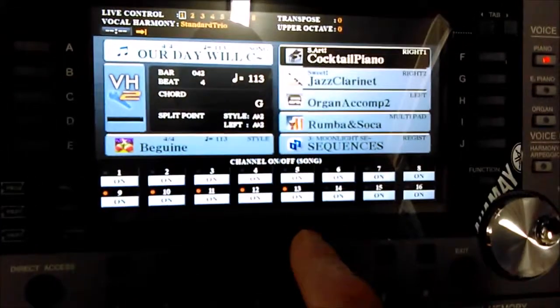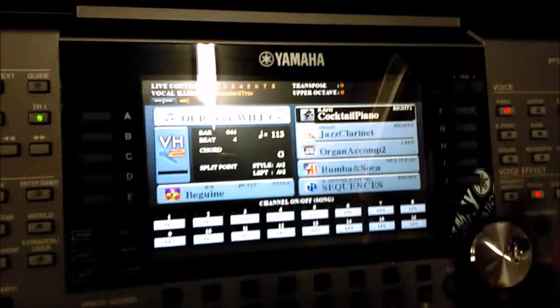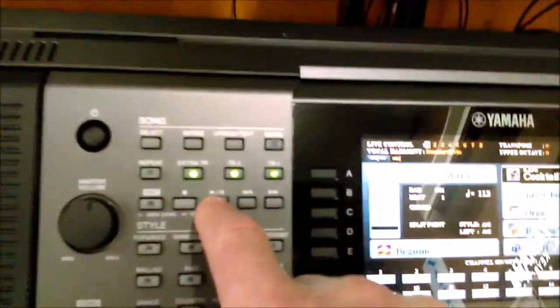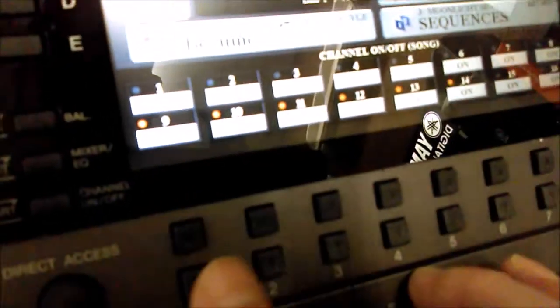So I've used track 5, 6, track 7 and track 8 because they haven't got any melody parts or any accompaniment parts playing. If I go back to the start of the song, you can see that the accompaniment tracks are actually using all the tracks on the bottom. Tracks 9, 10, 11, 12, 13 and 14, you can see they're all the accompaniments. And I can hear that